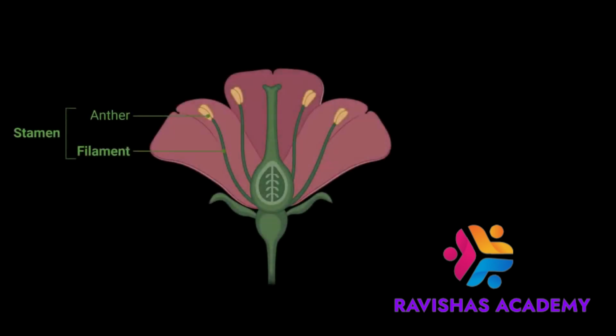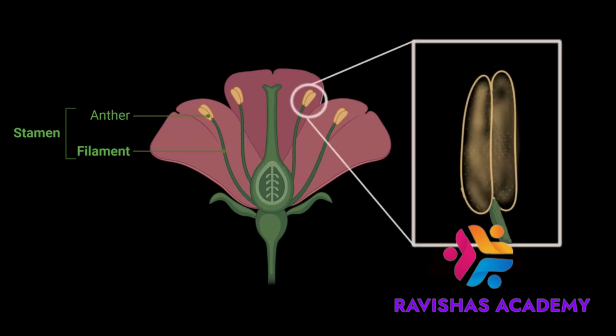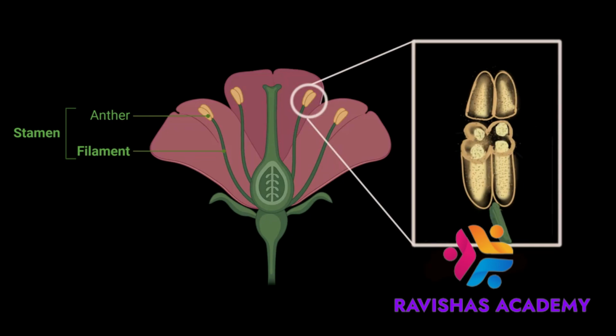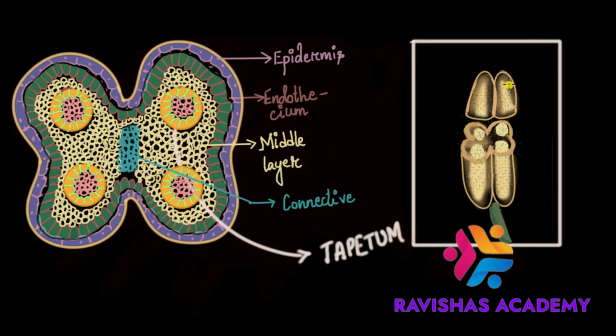We have already discussed the male reproductive part of a flower, and we looked deep down into how the anther looks, what is inside the anther, and the detailed cross-sectional structure of an anther. The main purpose of that video was to see how the microspores are formed. So let me bring this part outside. This is the one which has sporogenous cells. These pink cells that you see inside are sporogenous cells, and we saw how these sporogenous cells divide meiotically to